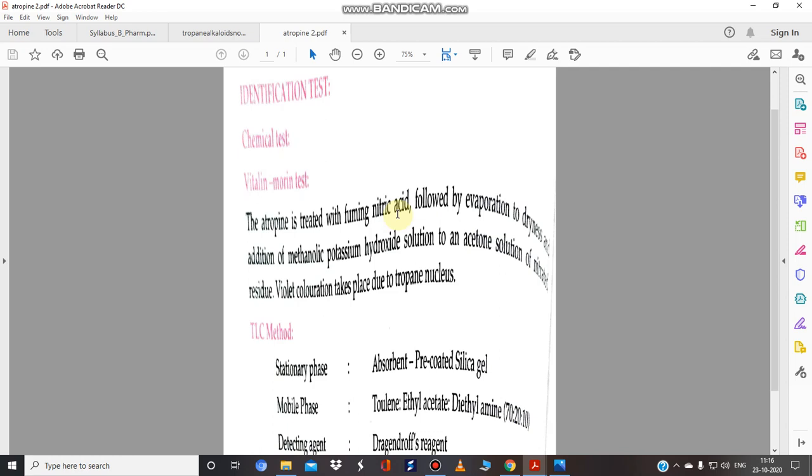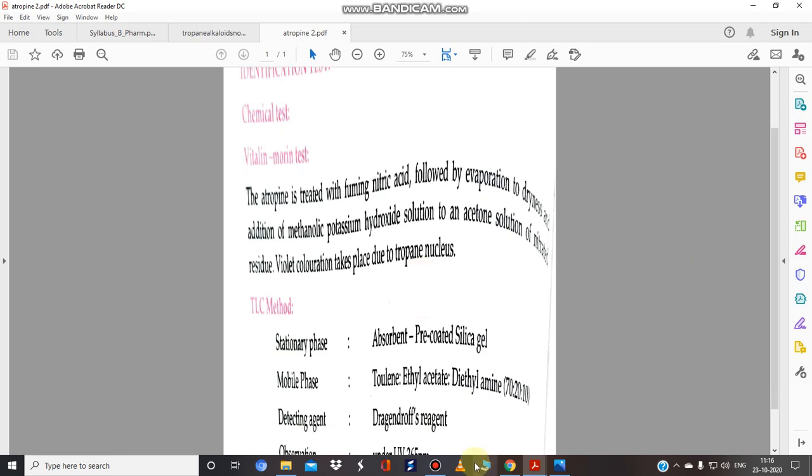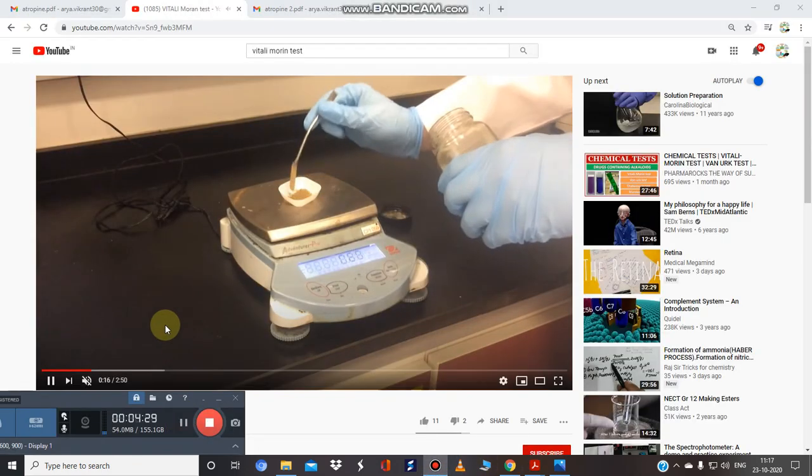And suppose you are doing this practical on the drug, suppose you haven't isolated any atropine and you want to do the Vitali-Morin reaction on the belladonna drug, then this test may vary, the procedure may vary. But for the examination, we have to remember it because it is mentioned in our standard book. So yes, we have to remember that. But for the practical purpose, the procedure might vary. Okay. So look at this again.